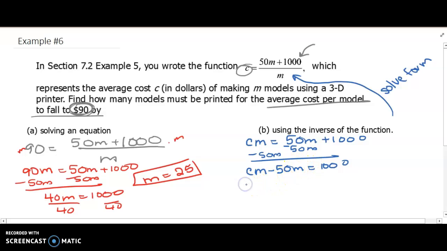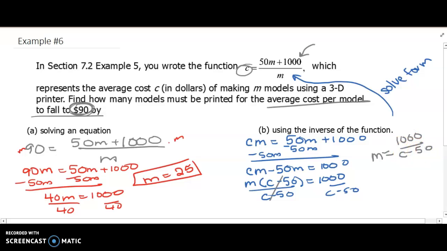Okay, now I'm going to factor out an M. Then to get M by itself, I can divide both sides by C minus 50. Okay, so I'm left with M equals 1,000 over C minus 50. Okay, now I want to find how many for the average cost to be 90, so my C is 90, so M equals 1,000 over 90 minus 50, so 1,000 divided by 40. And I would get M equals 25. Okay, so you would get the same answer as over